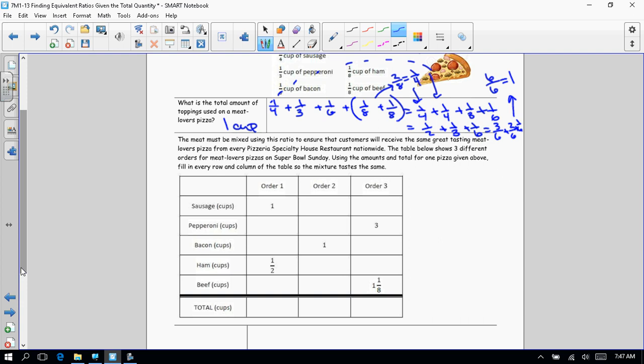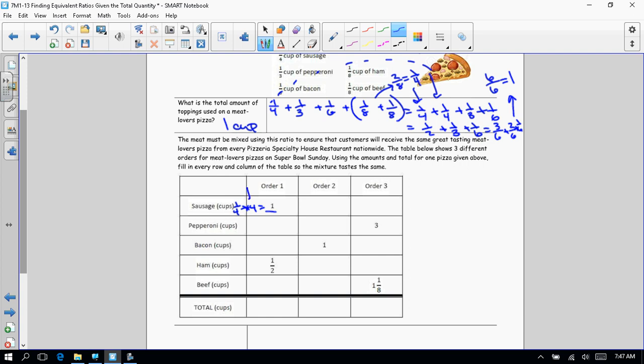All right, so we want to keep all those ratios the same. Now remember, a minute ago, we said that our sausage was 1/4 of a cup, and now I have 1 whole cup. So that means I multiplied this by 4, right? 1/4 times 4 would equal 1, right? So I'm going to be able to calculate this whole first order by knowing that I'm going to